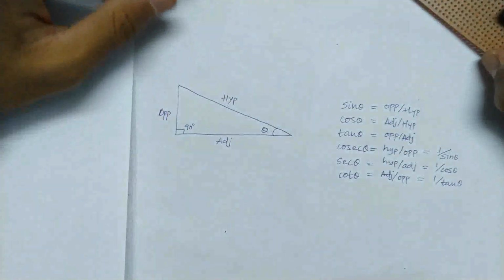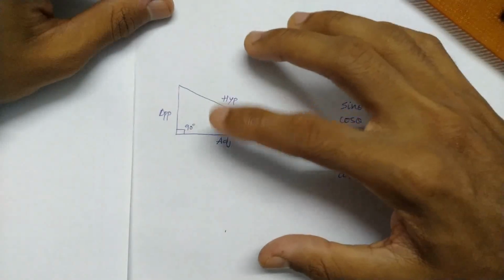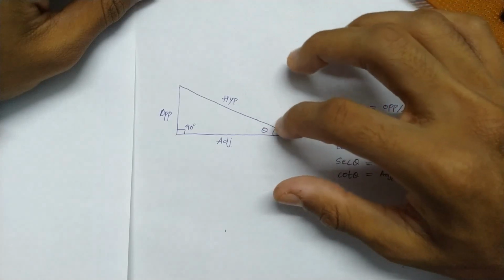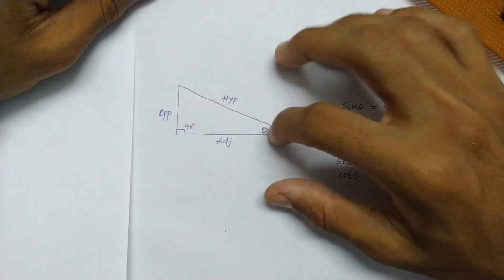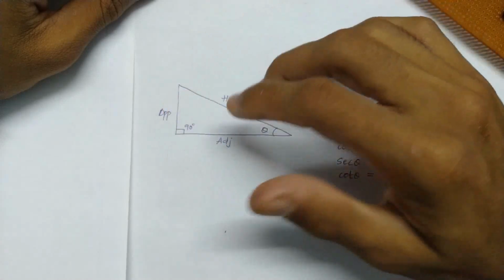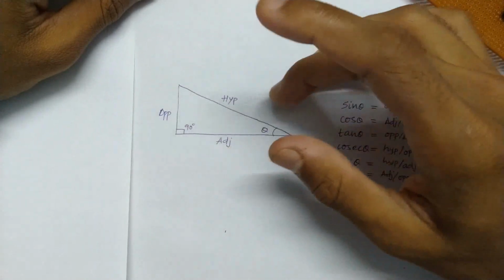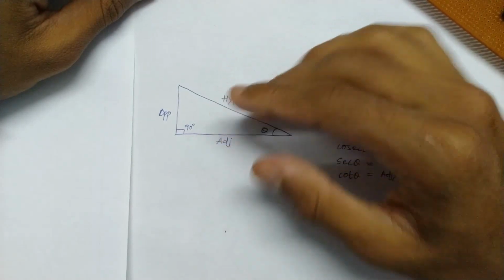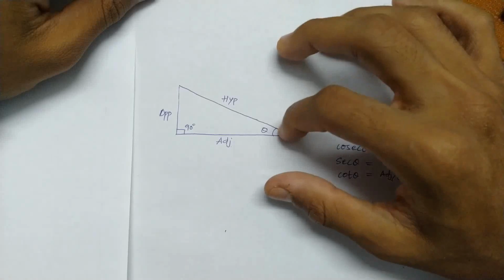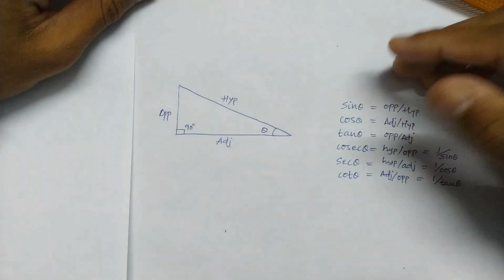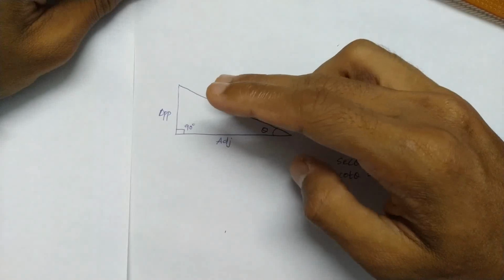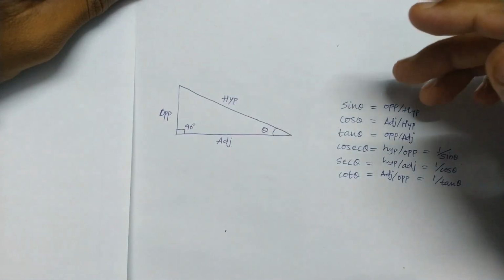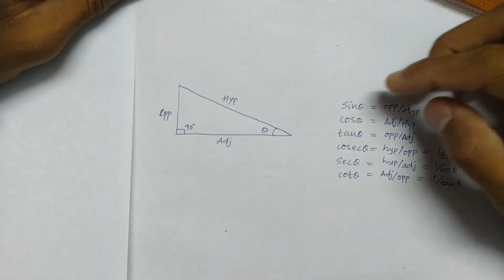So let's go into a little bit of basics. In a right angle triangle, the side opposite to the right angle is called the hypotenuse. The side opposite to the angle under inspection is the opposite, and the side adjacent to that angle, other than the hypotenuse, is the adjacent. So the hypotenuse is the longest side of the right angle triangle. Then taking the ratios of these sides, or combinations of these sides, gives these trigonometric ratios,